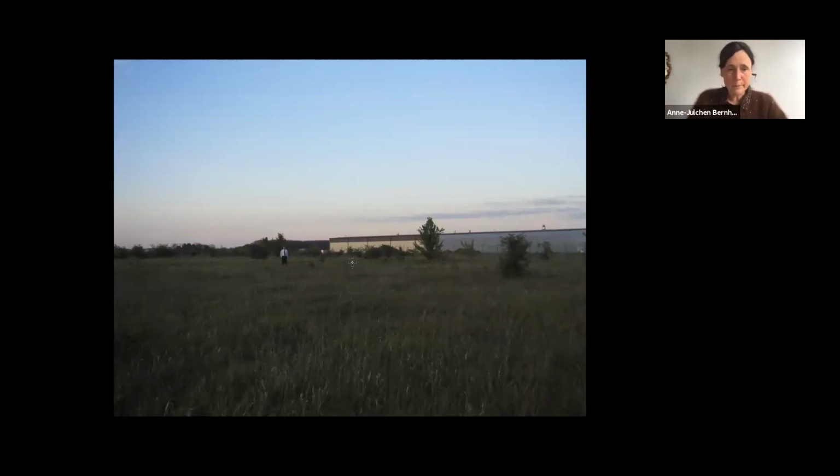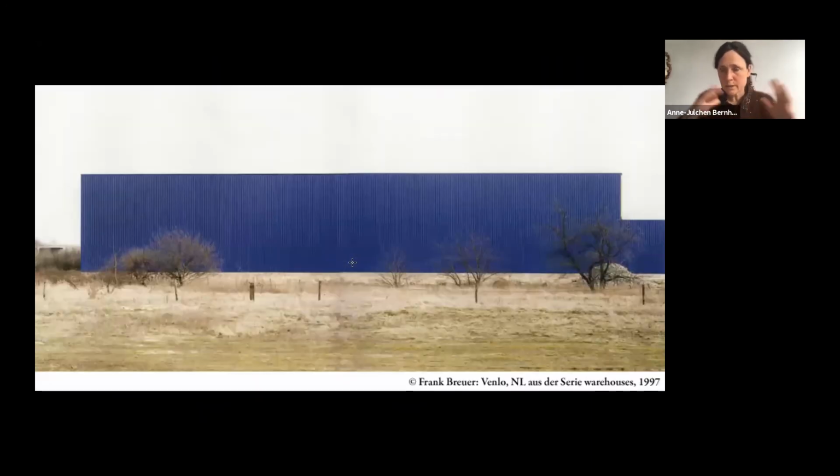It's somewhere. And also the program is super generic because contemporary production plants are these boxes with nothing else than a color, if they are not gray.